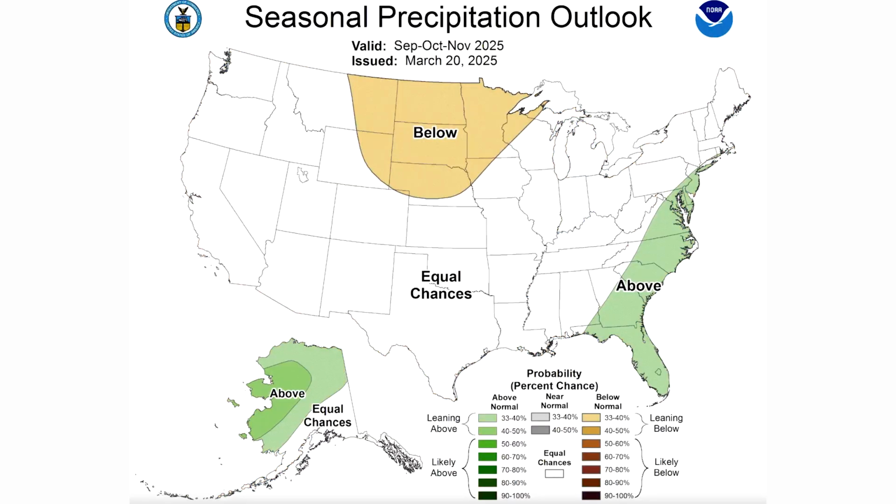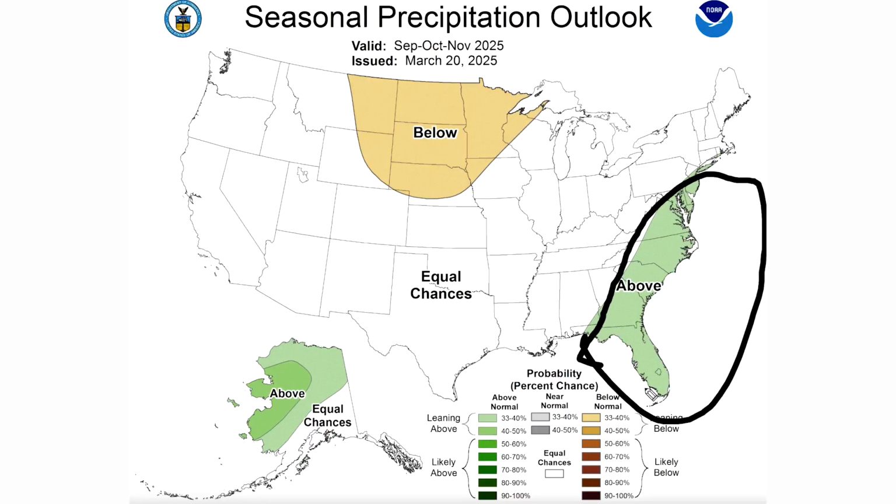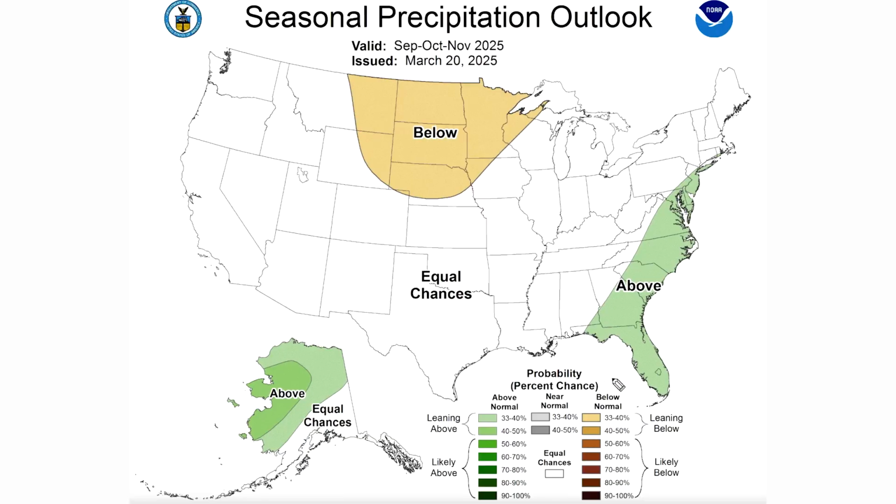The precipitation map for the same time frame is pretty unopinionated. We do see below average here in the northern plains, which would correlate with what the models were showing for these overall areas being below normal. And the southeast being above is on par with what both of the models were calling for the most part. Again, the CANSIPS one had it more inland a little bit, but when it's close like that, that is overall similar. But this is likely indicating that the National Weather Service thinks that we are in for more tropical activity in this area. It's not a guarantee, but that is an indicator for sure.